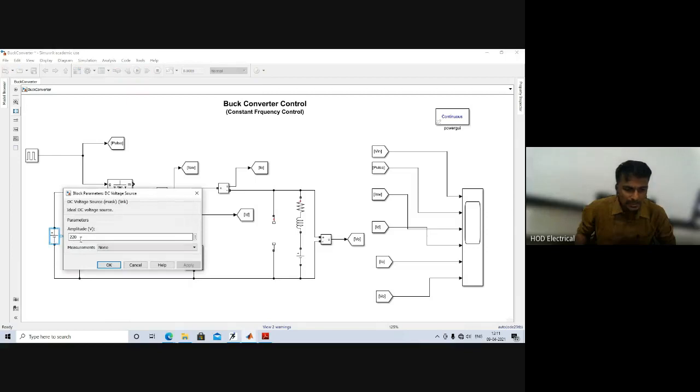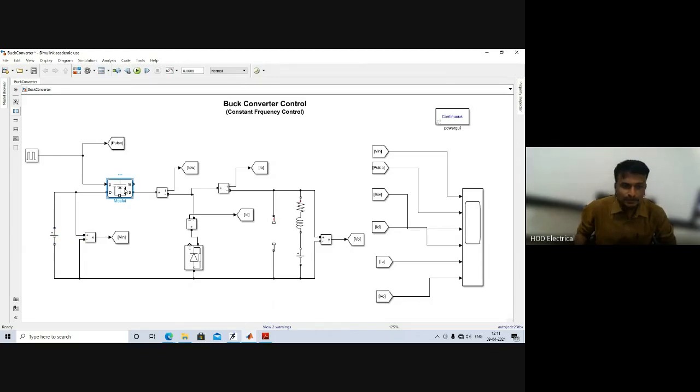For this, I have given the input voltage as 220 volt DC. The MOSFET gate pulse I have given through this pulse generator. Then this is one current measurement, to know how the switching current will be. Similarly, I have shown another current measurement for the diode current, when the diode will conduct. Then the load current I naught, and output voltage V naught. Here I have connected one open circuit. When I explain the capacitor effect, I will connect the capacitor here.